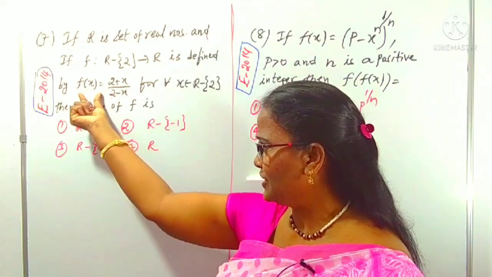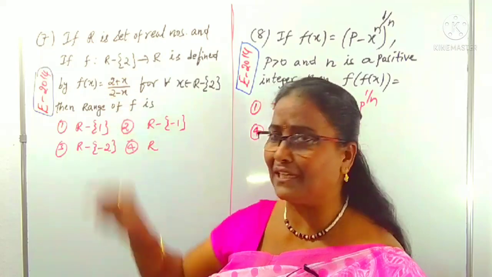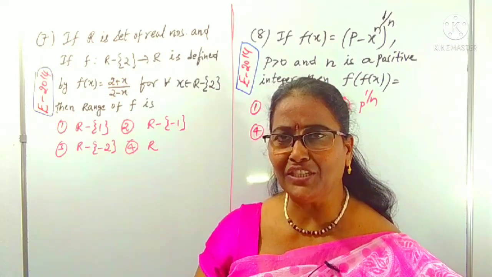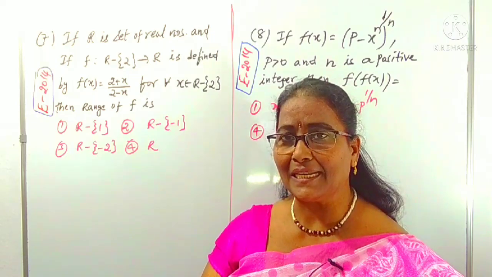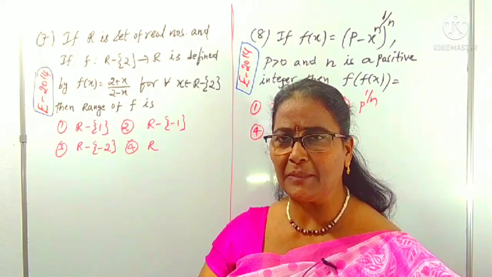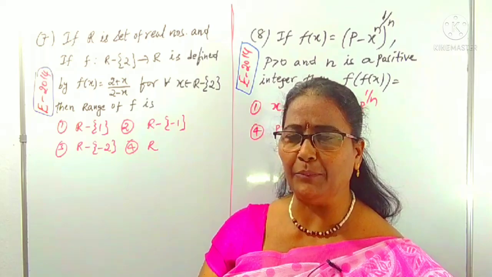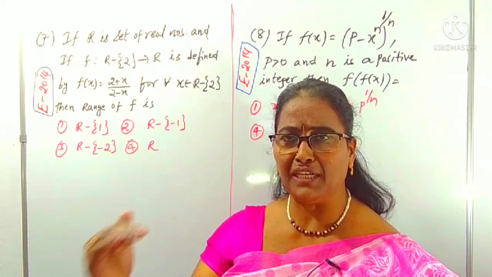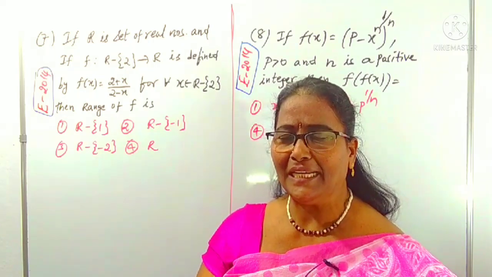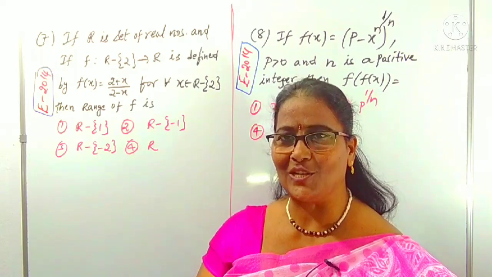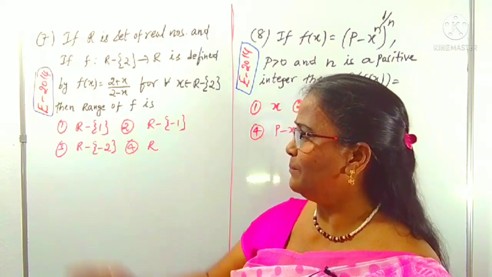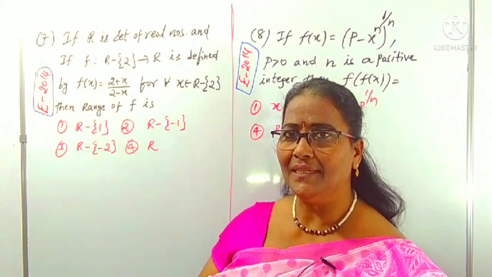Then find the range of f. You have to find the range of f, that is, this resultant function. What is the range of the resultant function? Range in the sense of resultant value, simply output. Domain is input. The x values that are defined for the function are nothing but the domain. Range means for what values of x the function comes, that is called the range. Simply you have to find this f of x result.